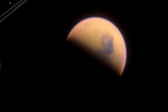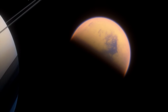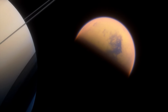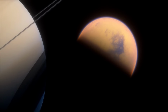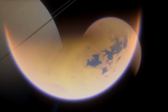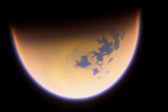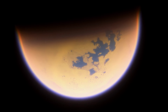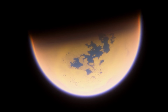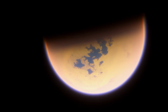The idea of life on Titan might seem far-fetched, especially considering that the surface temperature is so cold and there is no liquid water. However, some scientists have proposed that life could exist on Titan in a form radically different from life on Earth. Instead of relying on water, Titanian life might use methane or ethane as a solvent, similar to how Earth's life uses water. This is still speculative, but it opens up the possibility that life could exist in environments vastly different from those